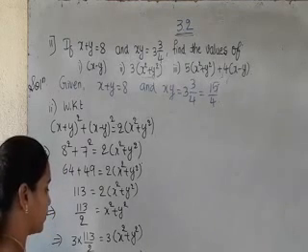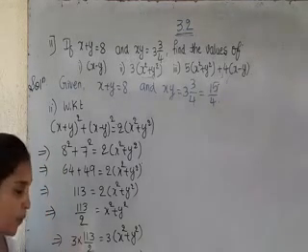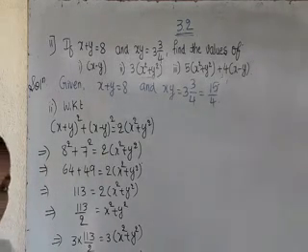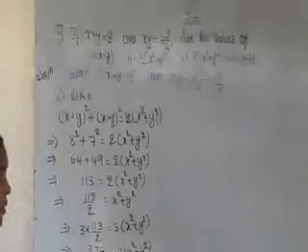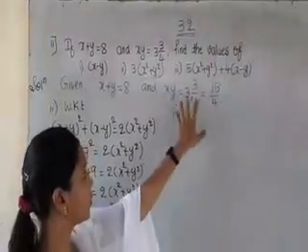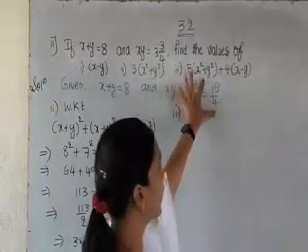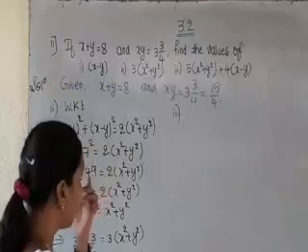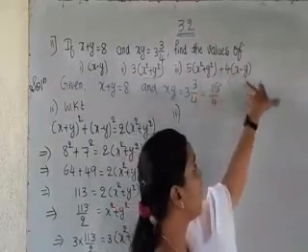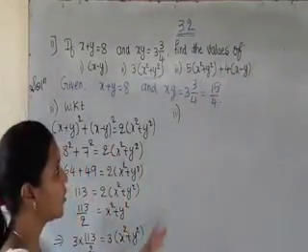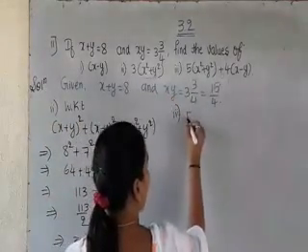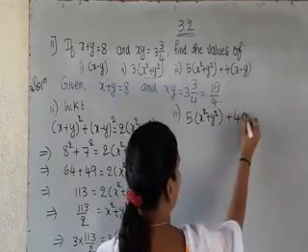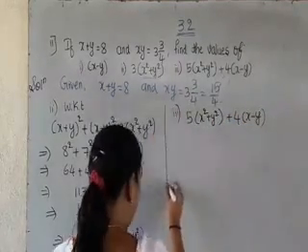We can write this as an improper fraction also. Otherwise we can write it like this also. This is the value of 3 times (x square plus y square). Third sub question, we have to find the value of 5 times (x square plus y square) plus 4 times (x minus y). So already we have the x square plus y square value as well as the x minus y value. Just we have to substitute. That's it. So 5 times (x square plus y square) plus 4 times (x minus y). Okay, this is the third substitution.